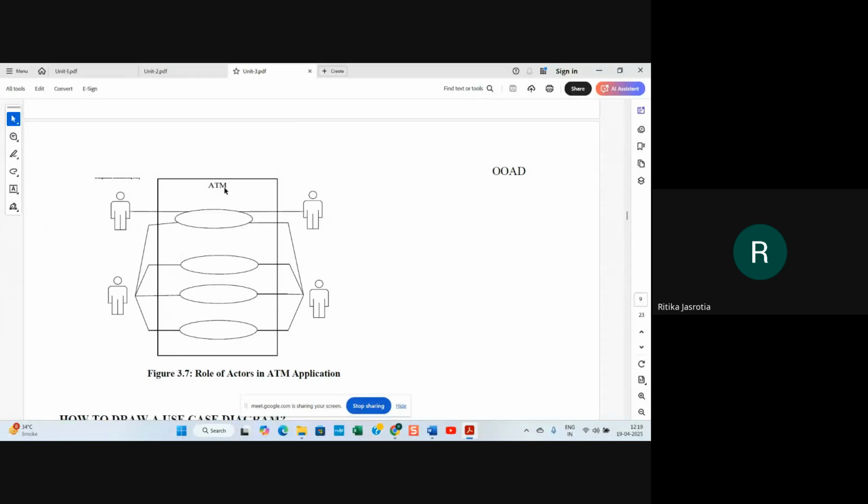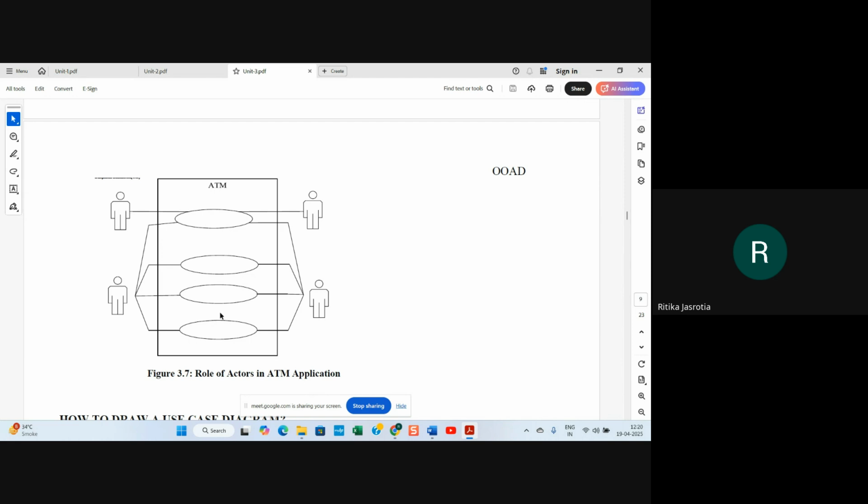So here, if you see, this is your system, the ATM. Inside the system you have ovals like card with cash withdrawal or deposit, whatever you can do, balance check, whatever. These will be use cases. Withdrawal will be one use case, deposit will be one use case, balance will be one use case, right?